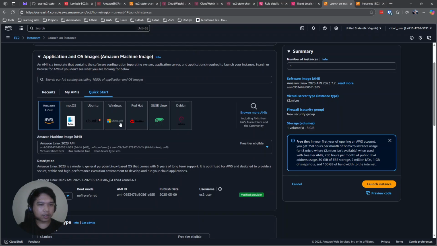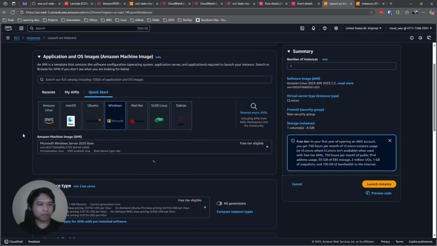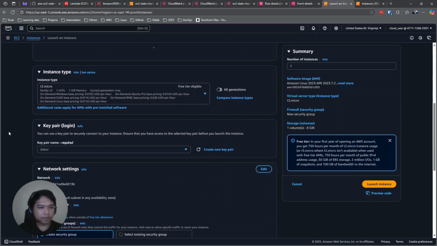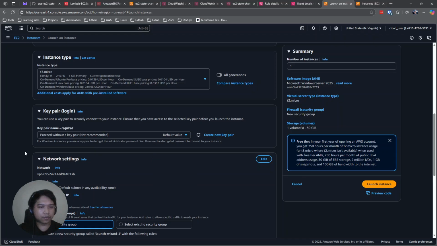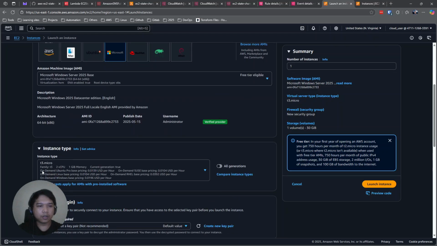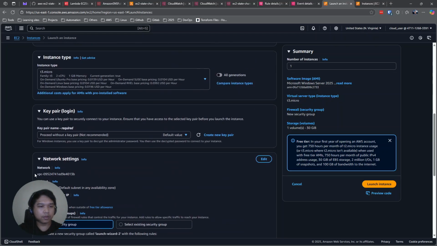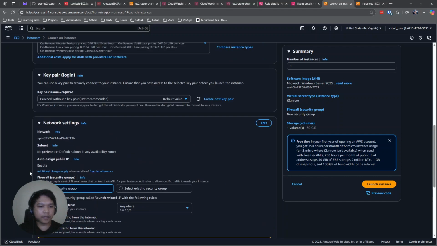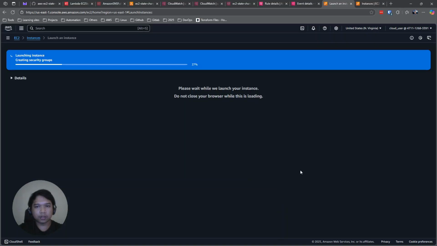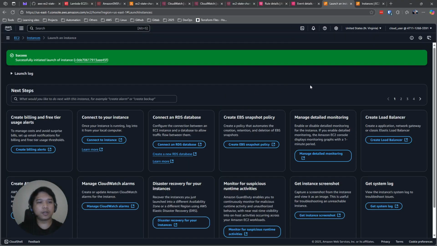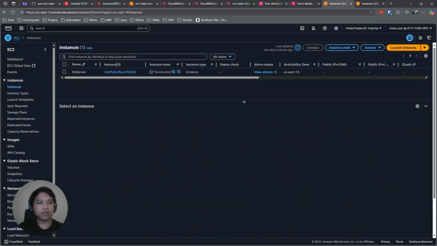So let's pick a different AMI. Then no need to have that. Then yeah, no need to add or configure other parameters. We'll just proceed with launching this one. And for that, okay, so it's already launched.